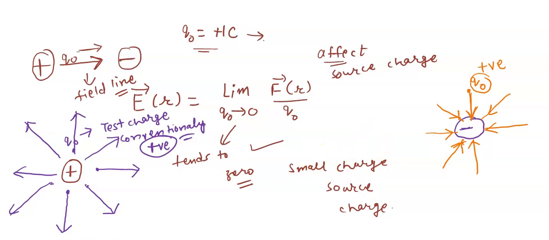Now comes the magnitude of the electric field intensity. Let's define that also around the charge. Say there is a charge, and let us call it Q. This is the charge Q, and we have kept this charge at point A. Suppose you have to find the electric field intensity at this point P. So we'll join these first and find the position vector. Let the position vector be r vector.